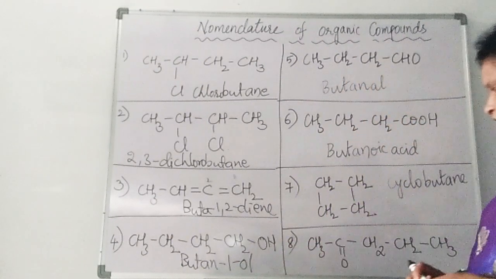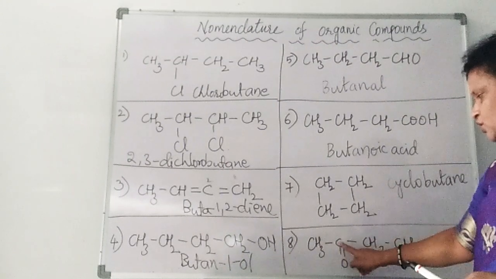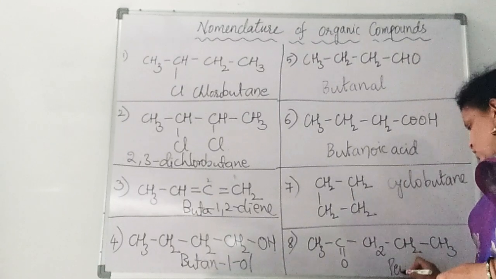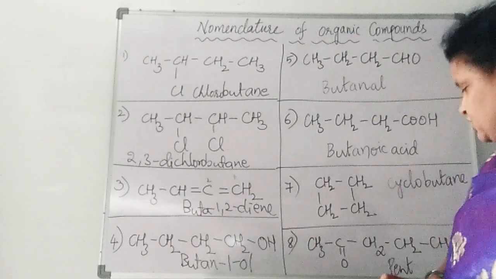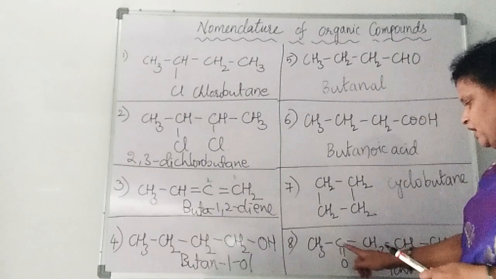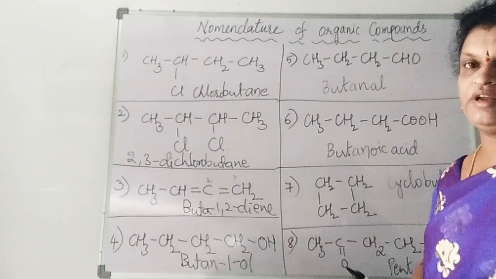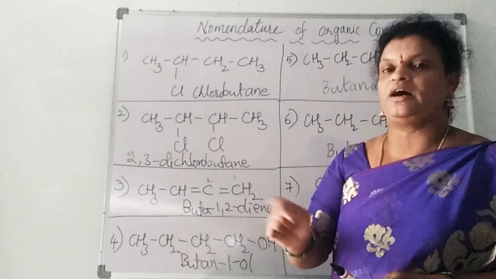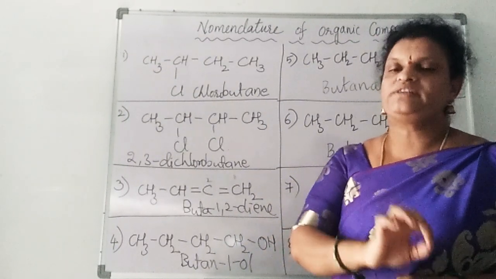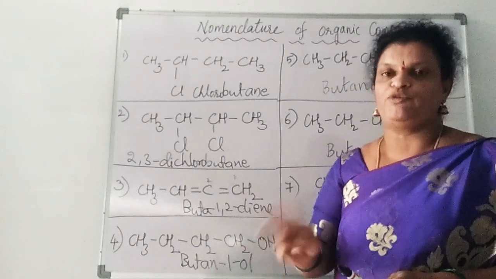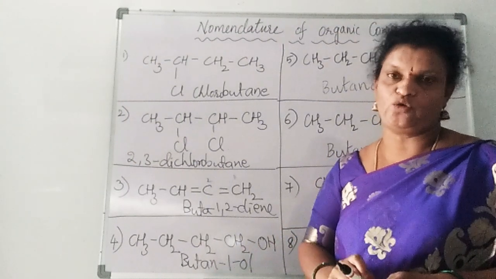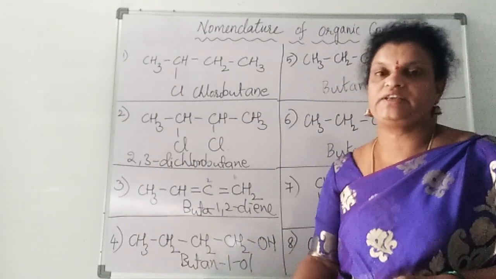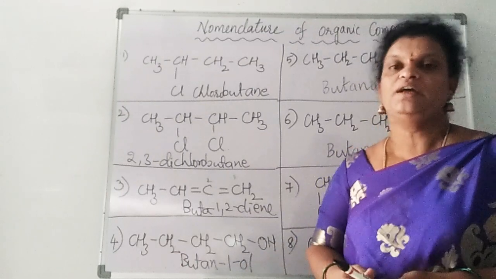Right. Then see the next compound here, we have 1, 2, 3, 4, 5 carbons. So the root word becomes pent, and in this compound we have the C double bond O functional group. Whenever the C double bond O functional group is there, we have to check whether it is containing alkyl groups on both sides, or hydrogen on one side and alkyl on the other. If both sides are alkyl groups, it is called a keto functional group, ketone we will say. If one side is hydrogen and the other side has an alkyl group, we will say that it is an aldehyde.